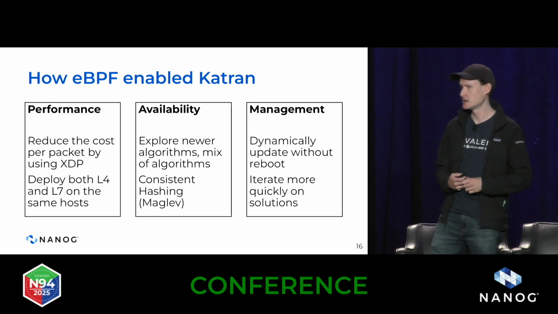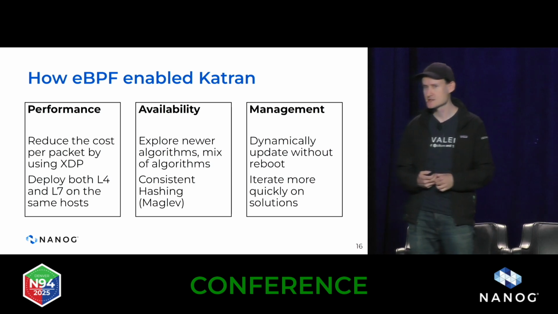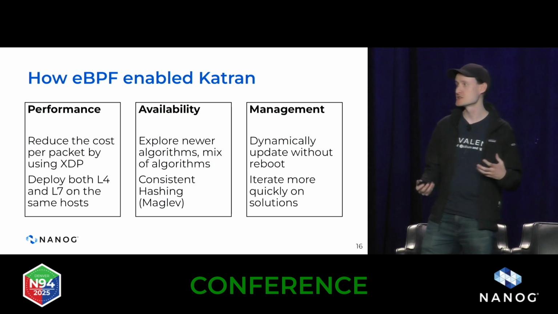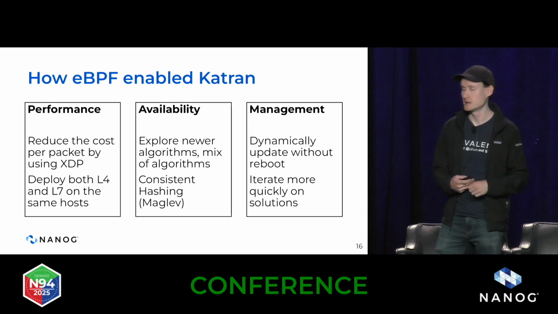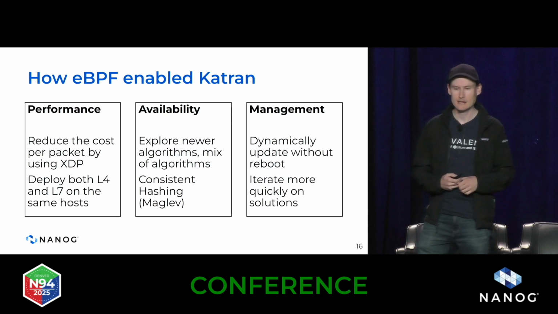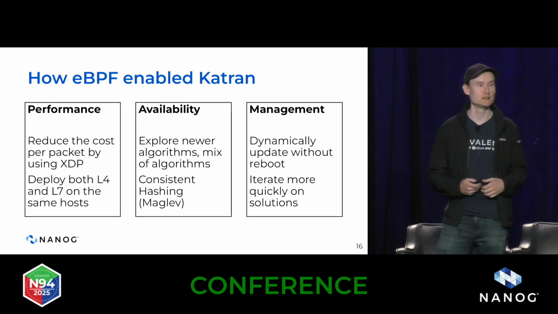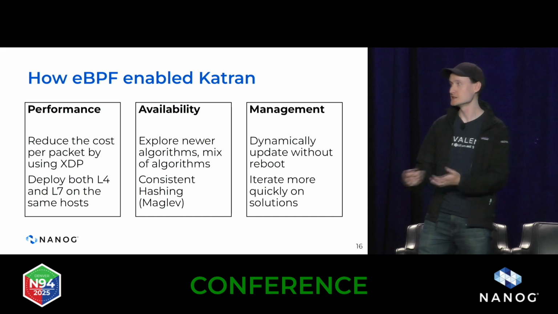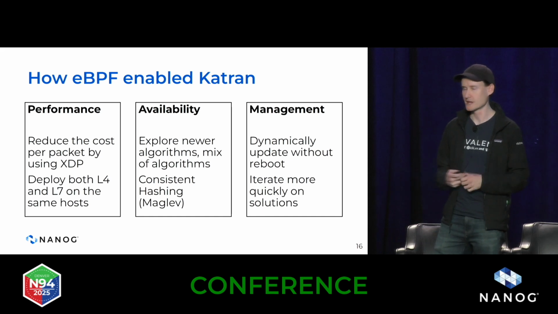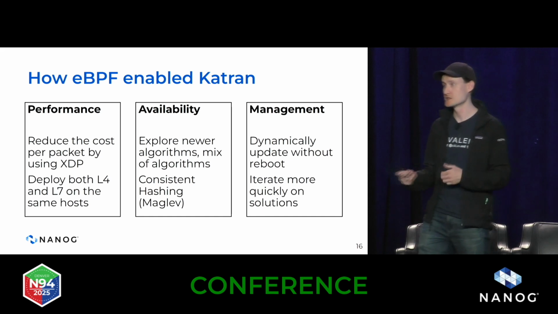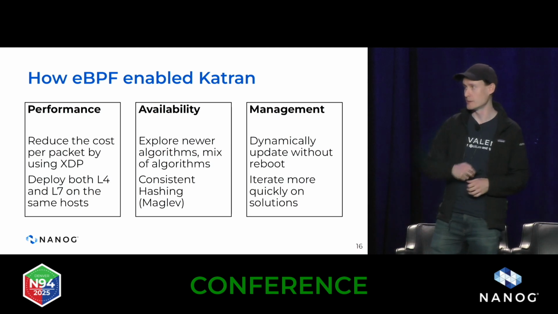At the same time, this was around when consistent hashing was becoming quite popular, and so they integrated some of the newer, at the time, algorithms for handling the spread of traffic at layer 4. And of course, the management aspects became easier when they could simply swap new versions of this data plane into the operating system kernel without rebooting. And if it turns out that one build is bad, you can also roll back just as easily.